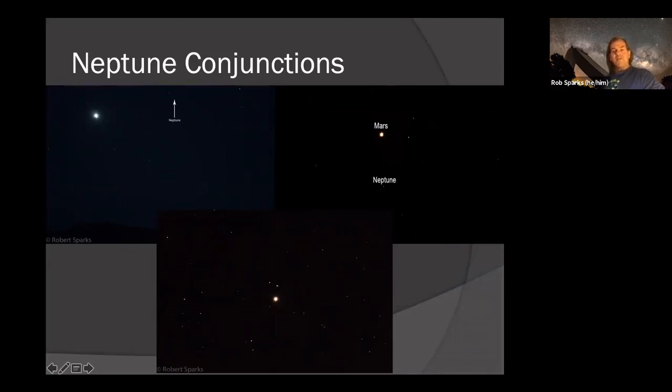So getting pictures of planets together is another one. It's getting those Uranus and Neptune conjunctions. I've done several Uranus ones too with Venus. I can't remember if I got Mercury and Uranus or not. But Mercury would be a tough one because it's only visible fairly close to the horizon. But I would love to get all the planets with Neptune and Uranus together, but not at one time, of course, but over the course of time. That'd be a fun thing to try for.